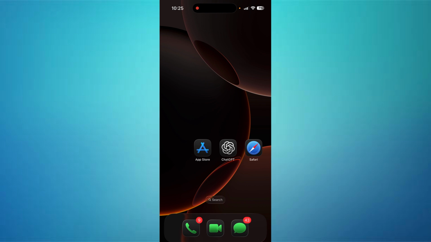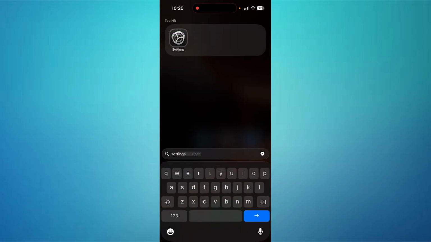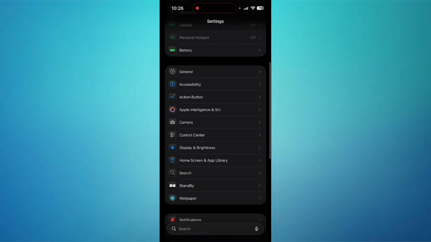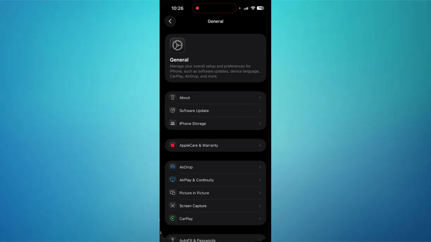Next, I swipe down on the home screen to open the search overlay, type Settings into the search bar, and select the Settings app from the results. Once inside the Settings menu, I scroll down through the options until I find the General section and tap on it. From the General menu, I look for iPhone Storage and select it to view the breakdown of saved applications